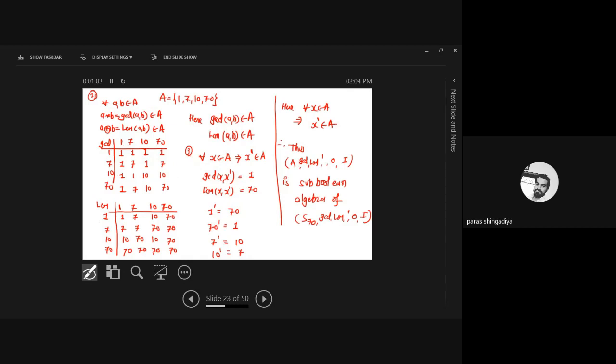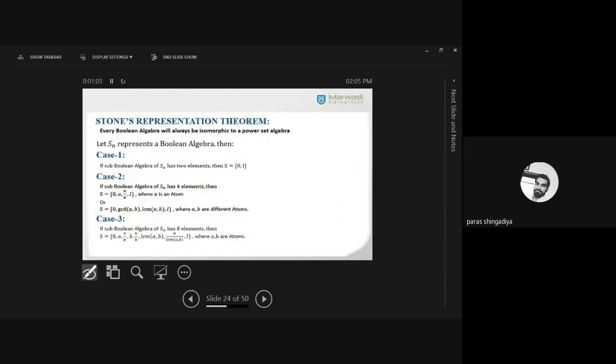That is the example we had discussed. Second example, which is not a sub-Boolean algebra. And now in the next topic, we'll learn one procedure to check how many sub-Boolean algebras we can define for any given set. Means if you have a set defined, then how many sub-Boolean algebras can you define from it with some elements. Clear?